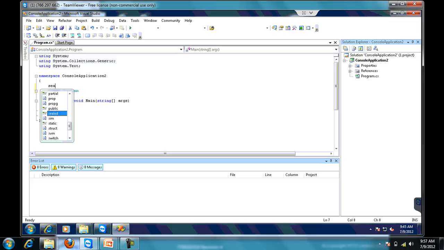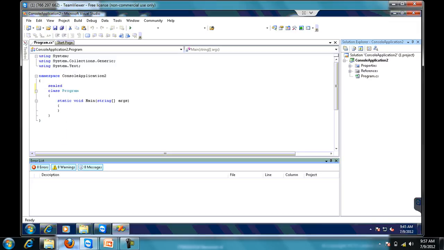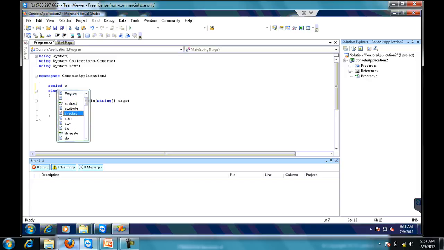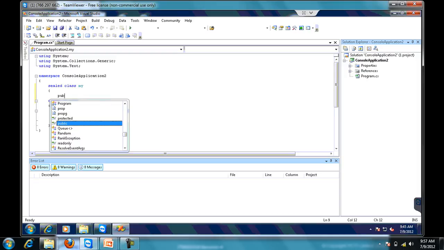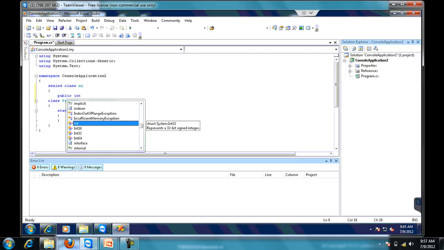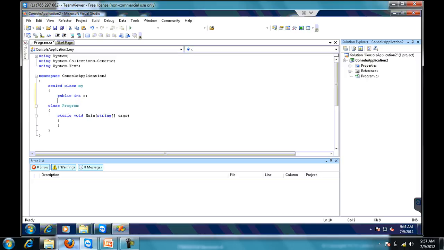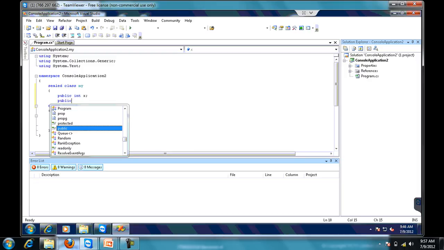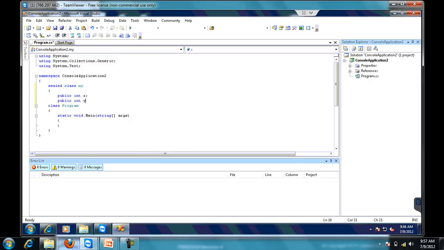Firstly write the sealed keyword and then class whose name is my. Declare two variables of public access specifier type integer and close it. And in main,